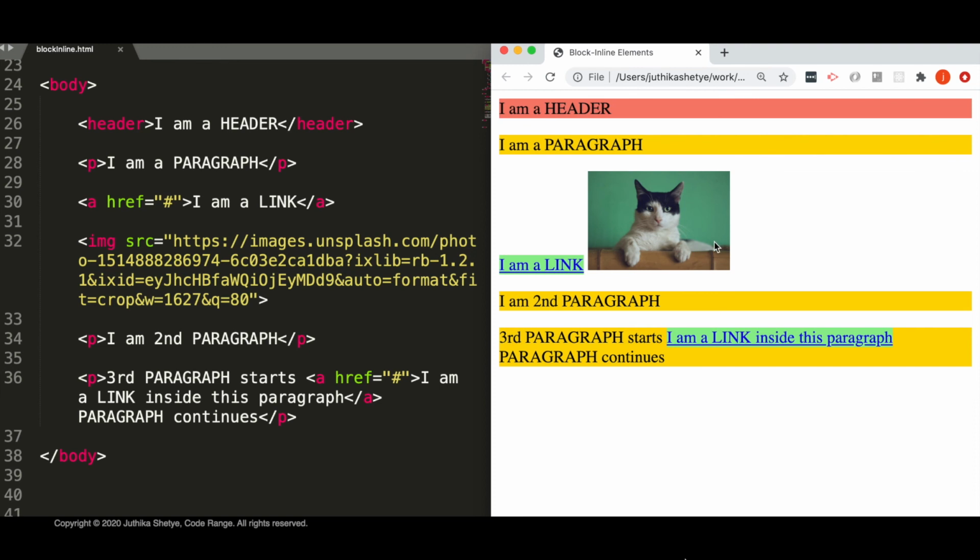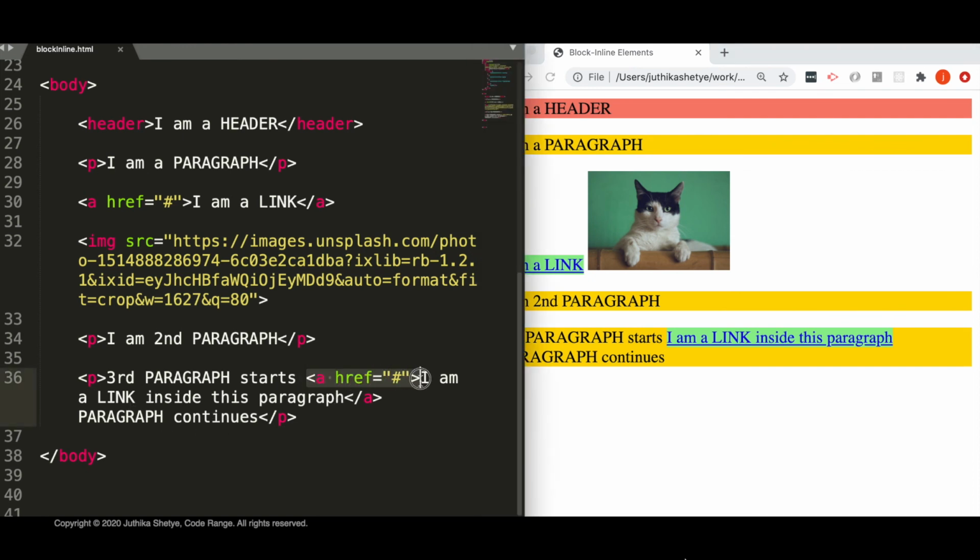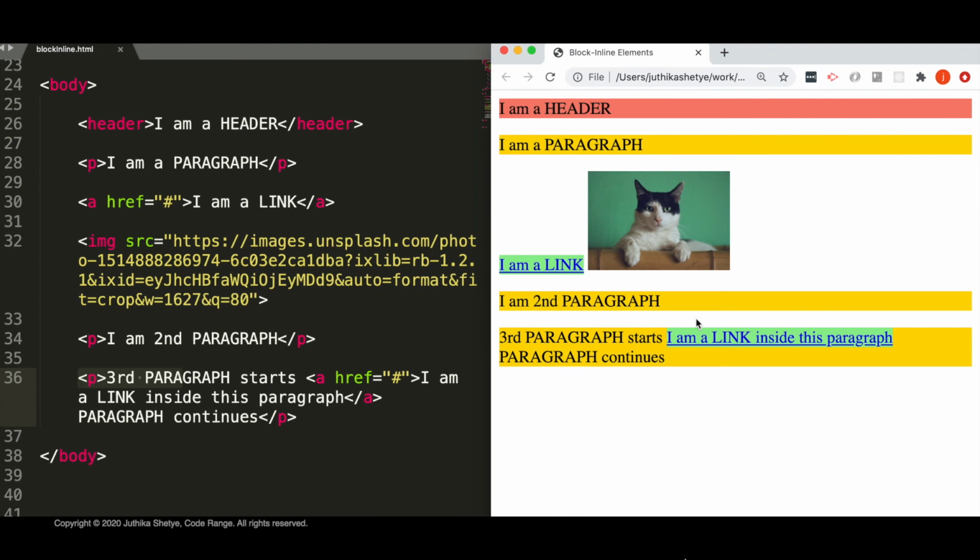Also, another interesting thing to note here is that you can put inline elements inside block elements, as is seen in this example, where I have put a link which is an inline element inside a paragraph which is a block element. And you can see how it looks in the browser. But an inline element cannot contain a block level element.